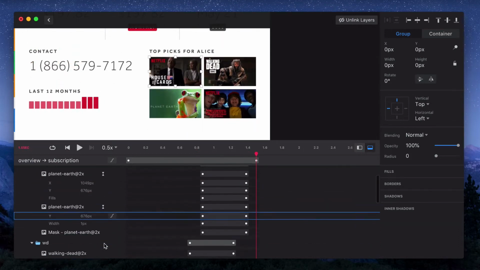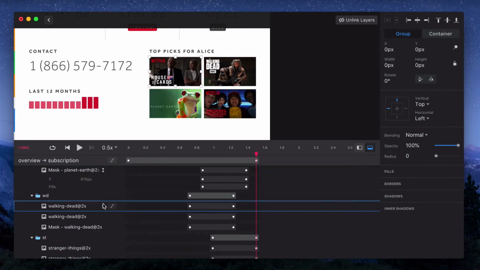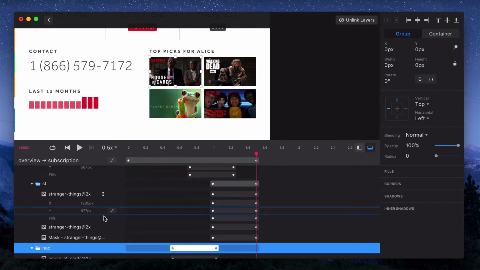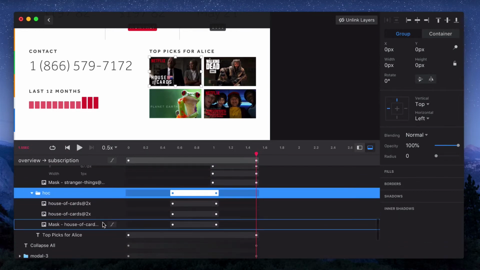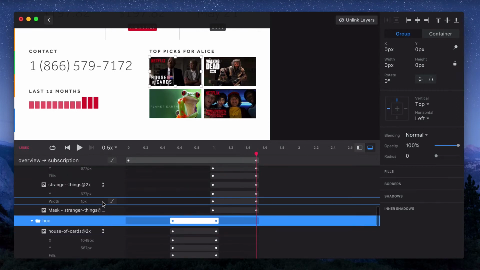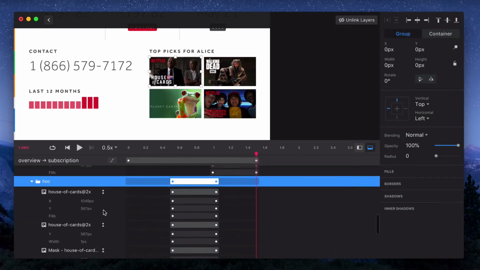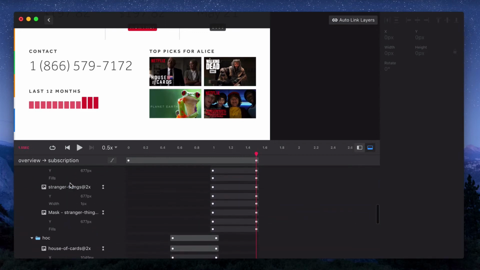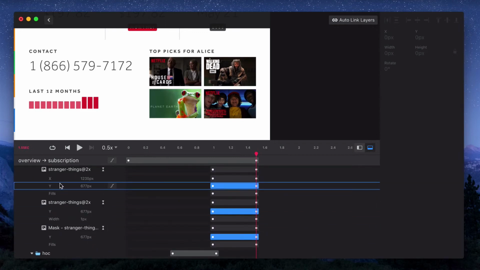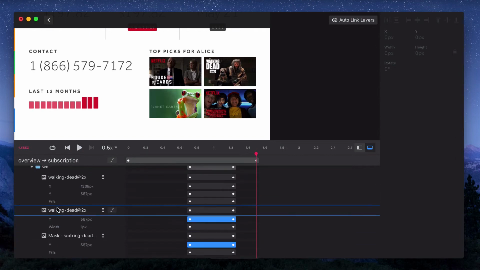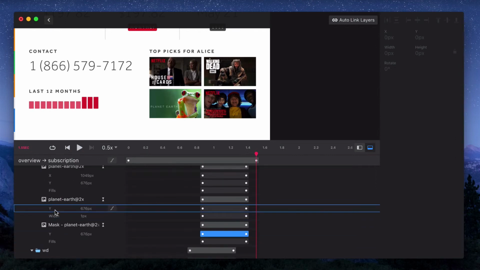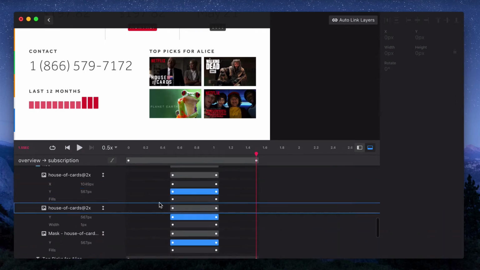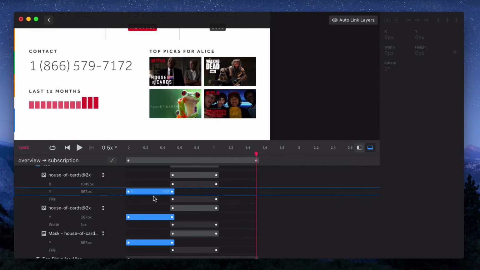So we'll open all of the folders, and then we'll view the properties for each individual layer, and we want to select the y-axis for all of them. And so we know there's 12 individual layers here, so I'll scroll through. I see 12 blue items selected, and then we'll drag them all to the left. So it's the same duration as the transition as a whole. If we jump back and hit play again,